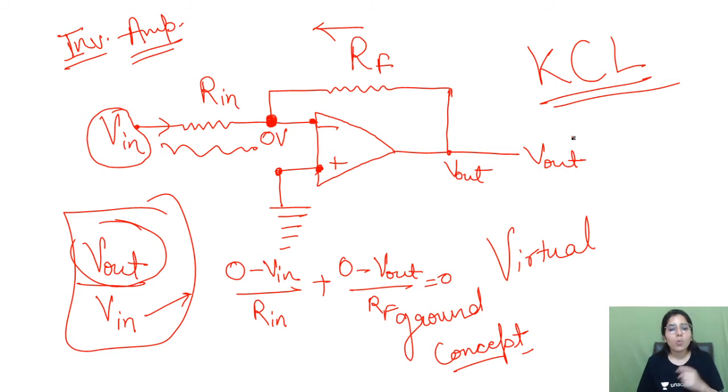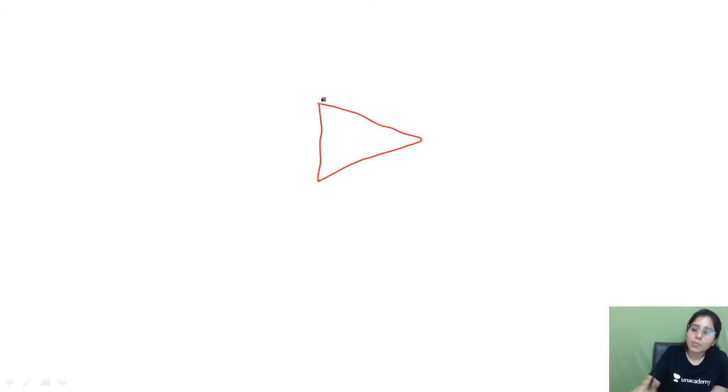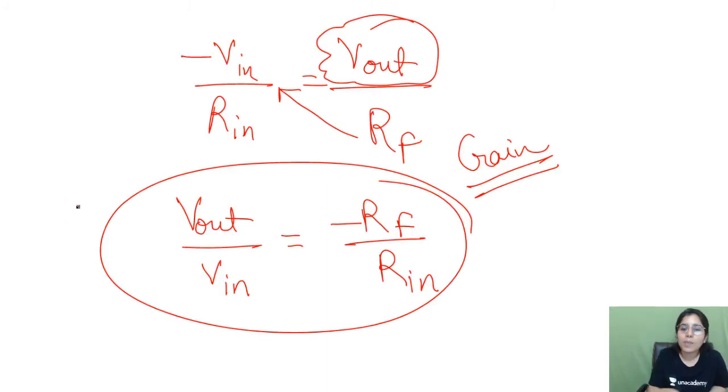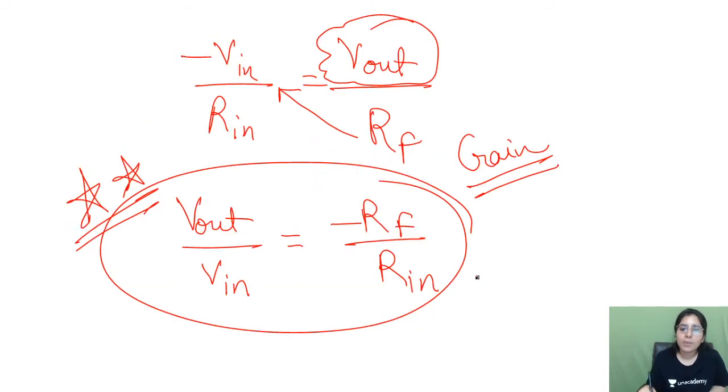Clear? Now what I'm going to do is give you the second circuit, and I'm also going to tell you about its output expression. So let's talk about it. I hope the previous one is clear. And one more thing guys, if possible, try to memorize this expression too. Focus on the type of input, where the input has been provided, what kind of feedback has been provided, and the rest of the things too. They are important, because if you consider them correctly, then you will simply be able to use this expression directly in the exam, which will help you save your time too.